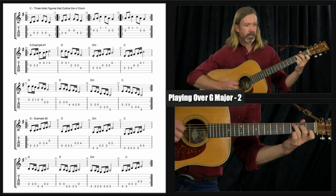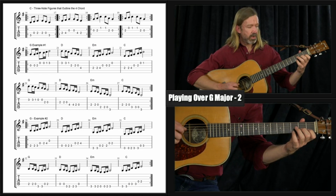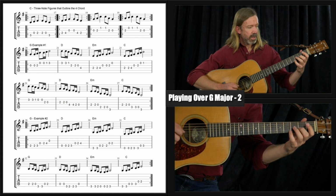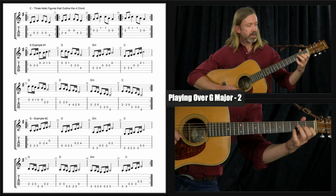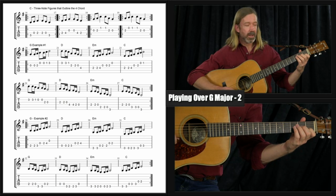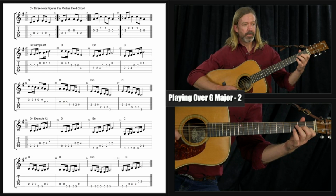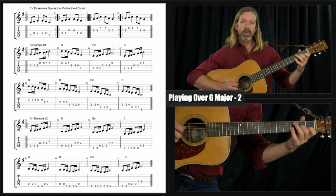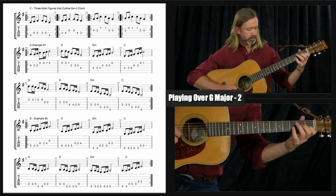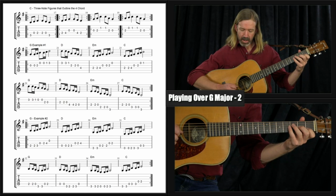Great. Moving on, the 5th of the C chord is the open G string, and then we got our 6th of the chord, the A note, up to the C tonic. That's that little major pentatonic lick that we like so much. 5, 6, 1 of the chord. Okay? And right back down the same way. Let's try that. Ready and a slow